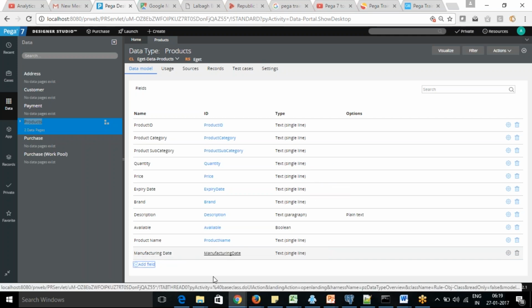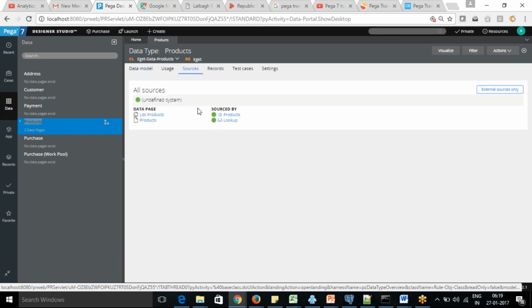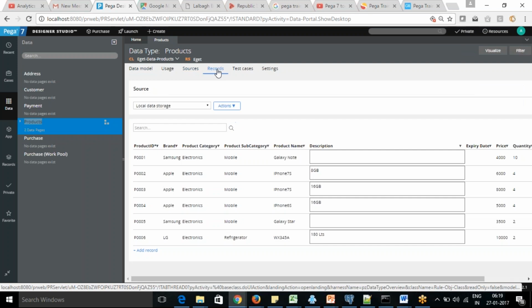Now, if you say the source which you have, that is the containing table. This is what we did; when we are creating a table, behind the scenes this class is associated with a table.